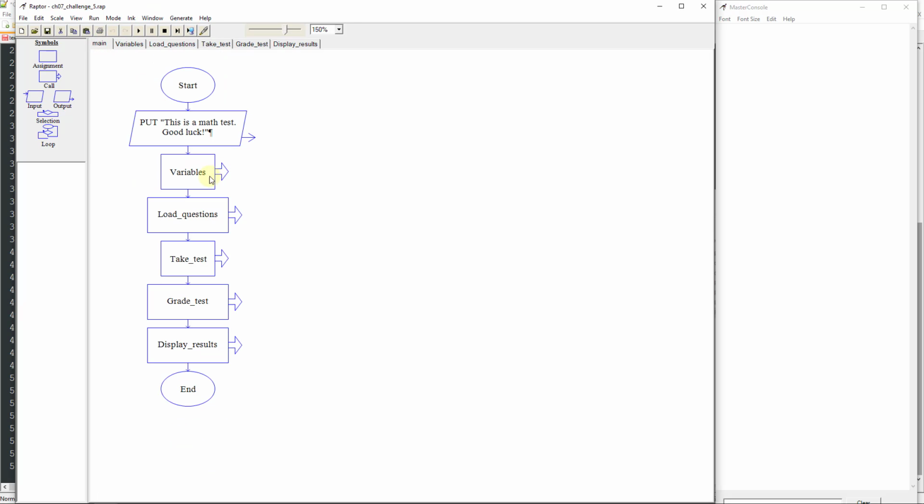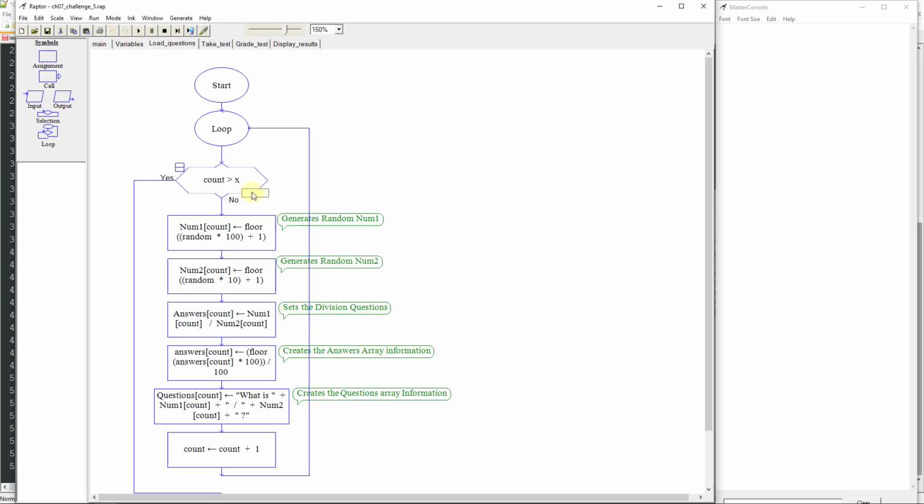And then we're going to come back over here and we're going to say we're going to load our questions. And on our questions here, this is where the program's going to generate the numbers for us. And we're going to just go ahead, instead of, we're not doing 20, I think we're just going to do 10 on this one. We're going to count between 100 plus 1 and the number 2. Oh, and this one's 10.